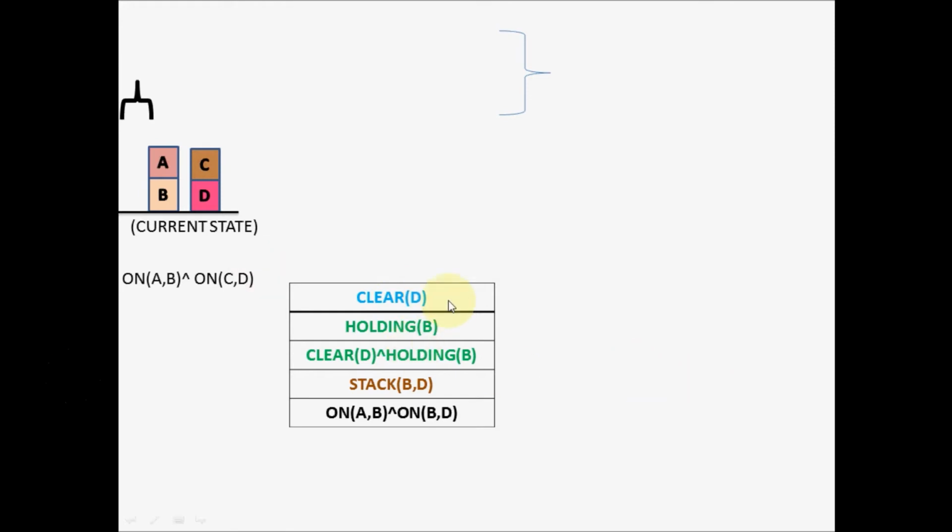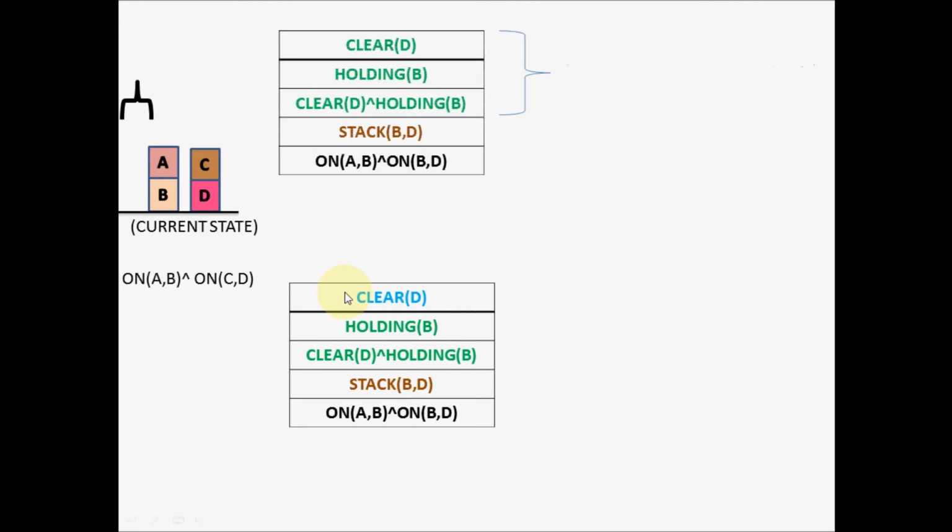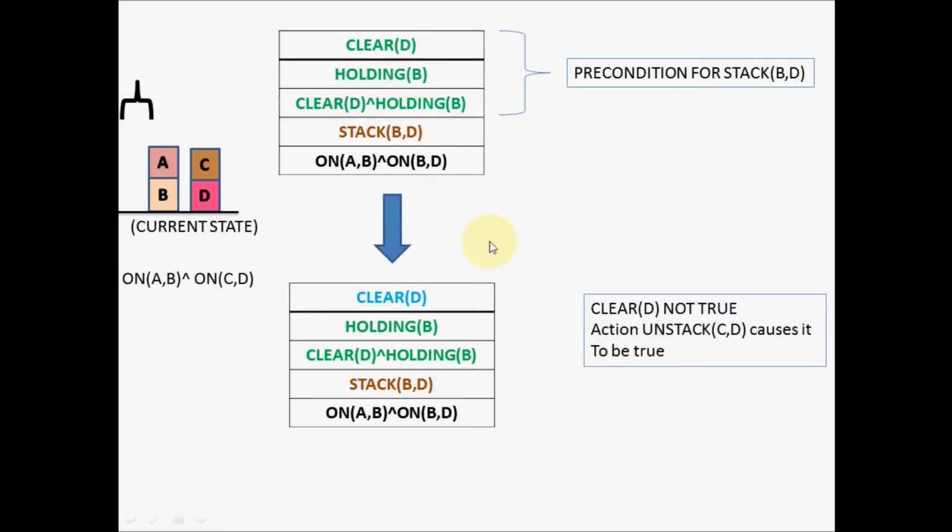and find out which operator or action has in its add list one predicate, that is the clear predicate. Slight animation problem, but it's correct. Fine. So clear D is not true,